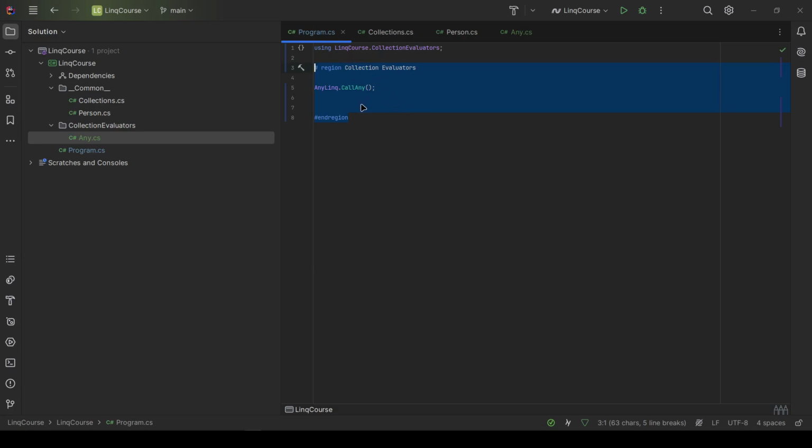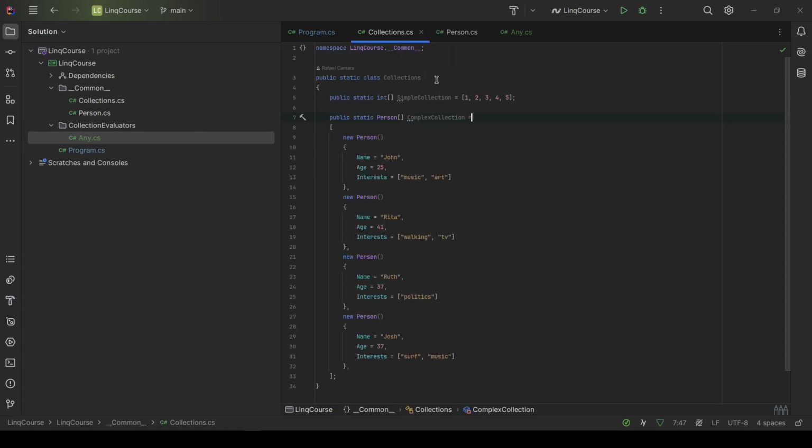Then we will need a collection or collections to work on. This is the purpose of this collections class. We have two collections: a simple collection, which is a collection that we will often see in our theoretical examples, but you will also come across this complex collection, which sometimes we need to see more complex examples. These normally emulate the real world, as these collections can be, for example, data that comes from the database, and the data that comes from the database is not normally a simple list of numbers, but rather a more